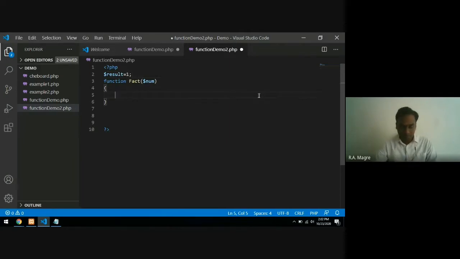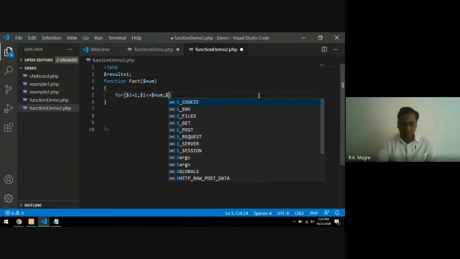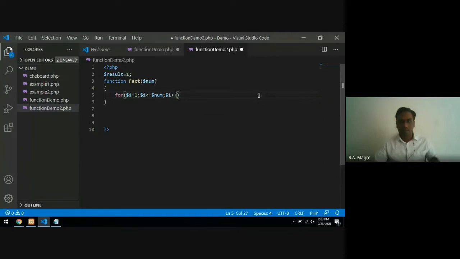And here we will take a for loop: $i equals 1; $i less than or equal to $num; $i plus plus.